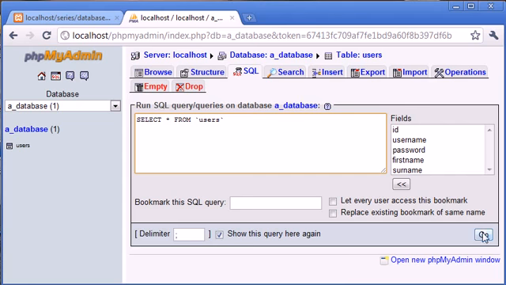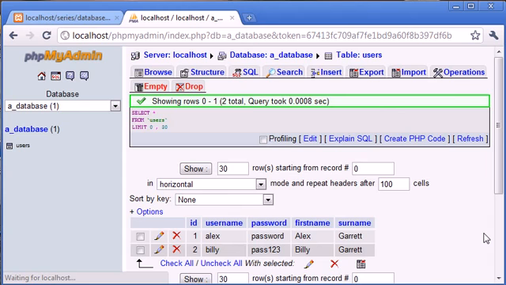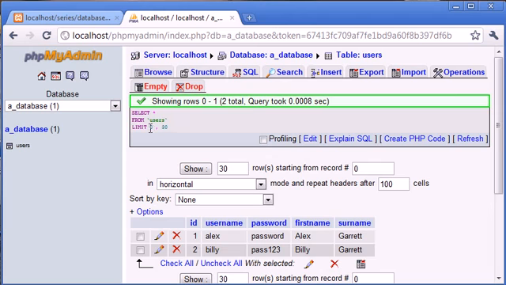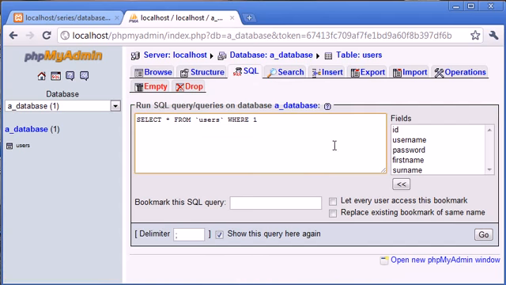So now what I'm going to do is click go, and you can see that this has shown rows 0 to 1, 2 total. The query took a number of seconds, and it's shown our query here with this limit on the end, which I'll explain soon. But we've retrieved exactly the same data as if we were to click browse. So this SQL query for us at the moment is useless inside PHP, but when we're working within PHP, we might want